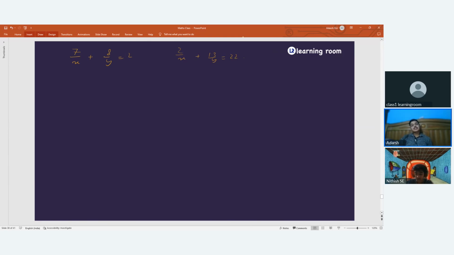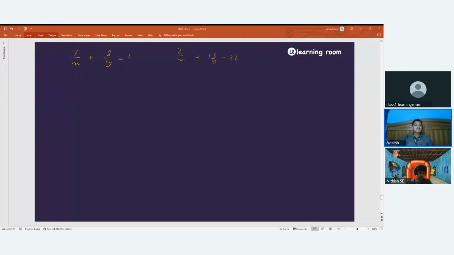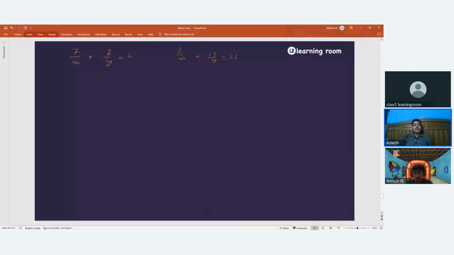Okay, so we have a question like this. This is a linear equation in two variables, but it is quite different from what we have solved because the variables are in the denominator, right? Yes, sir. Okay. Now, how to solve this? We'll be going with equating the coefficients. Let us say this is 1 and this is 2. So on equating the coefficients, if I want to equate the coefficient of x,